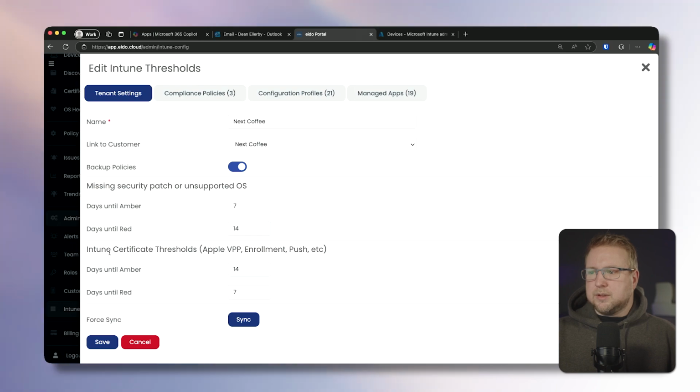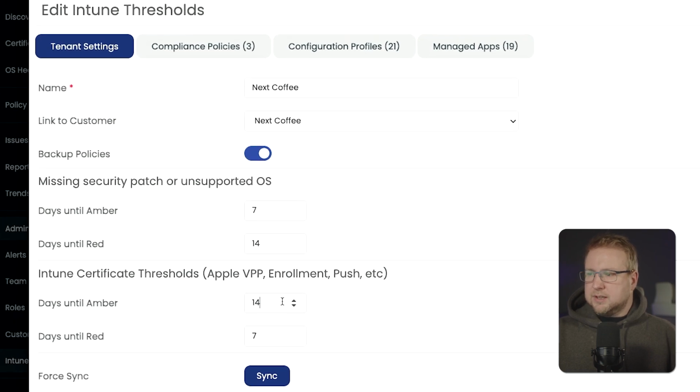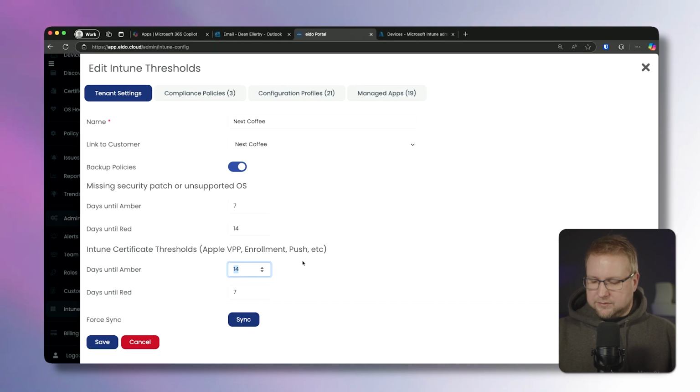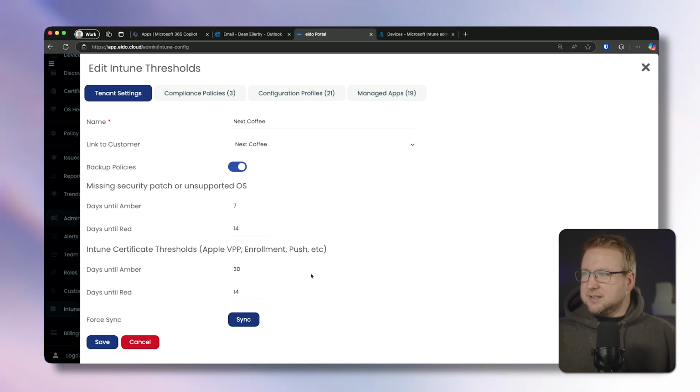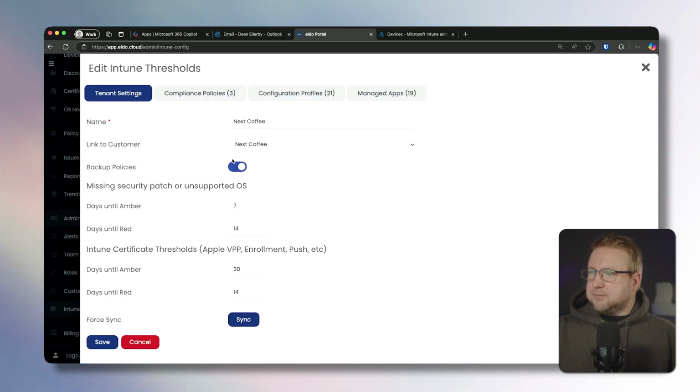Okay, so with certificate thresholds for VPP, enrollment and push and stuff, I can have an amber after, let's do 30 days, I want a bit of time, and also let's do 14 days for red, because I do want to have a chance to renew these, and that takes a little while for me to get round to. I'll choose save on that, go back into it, and then